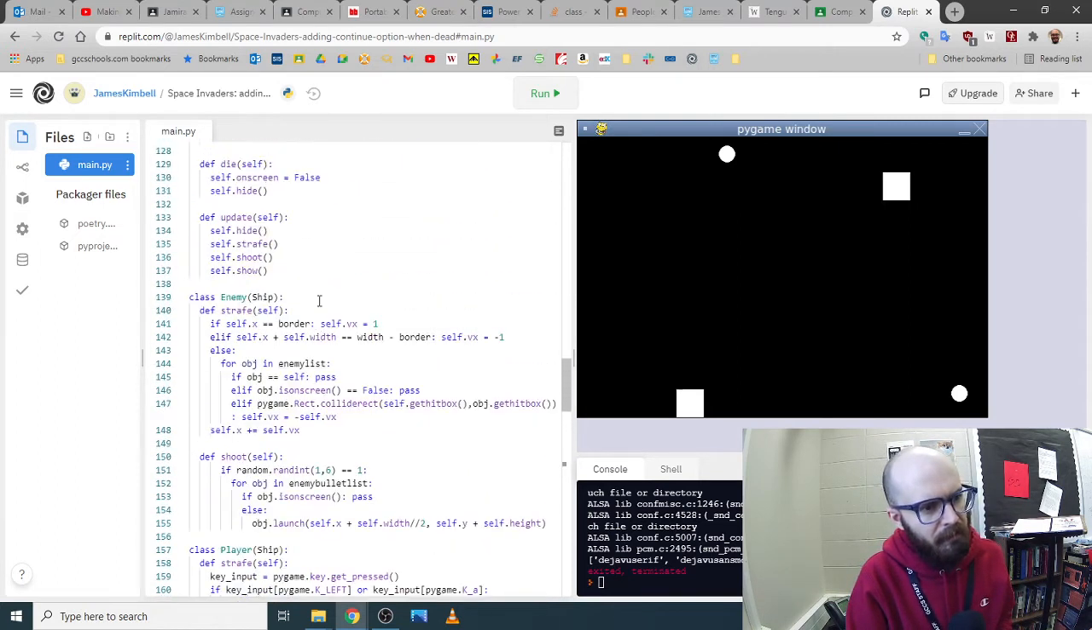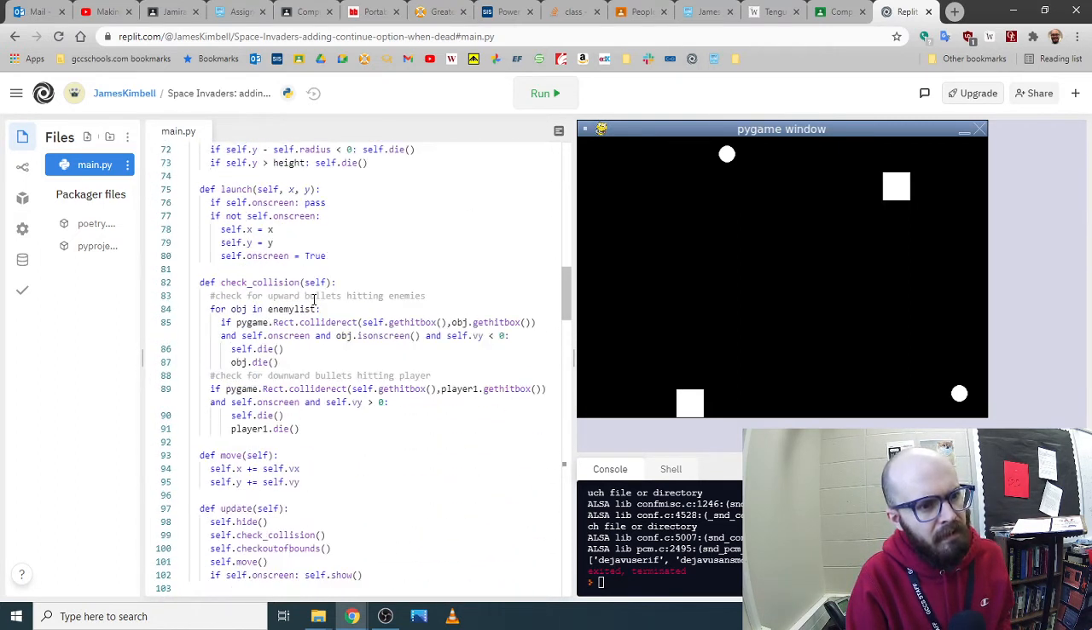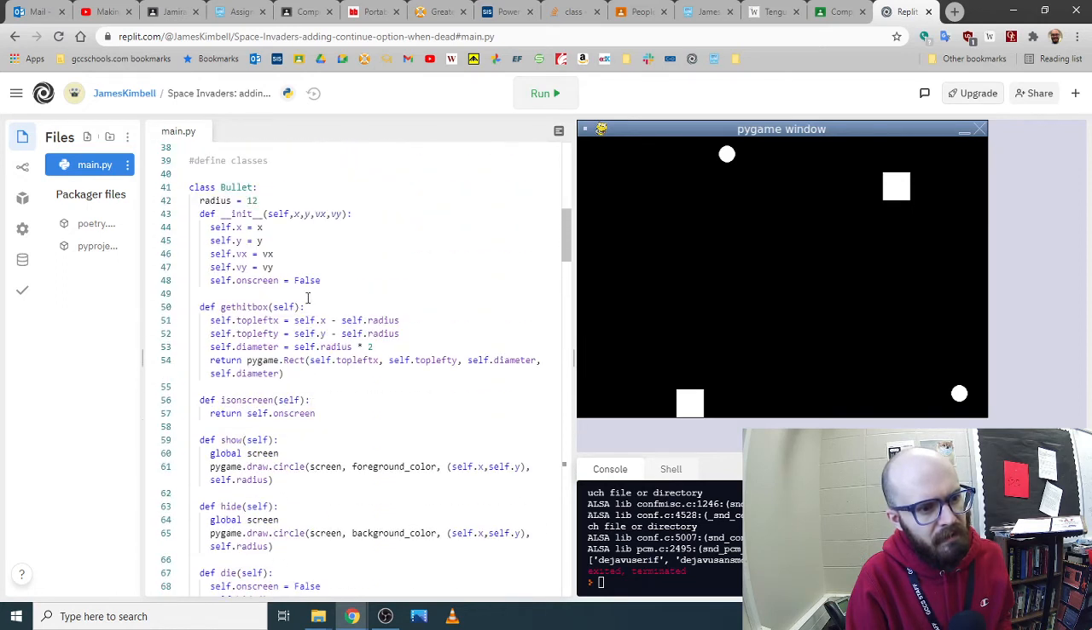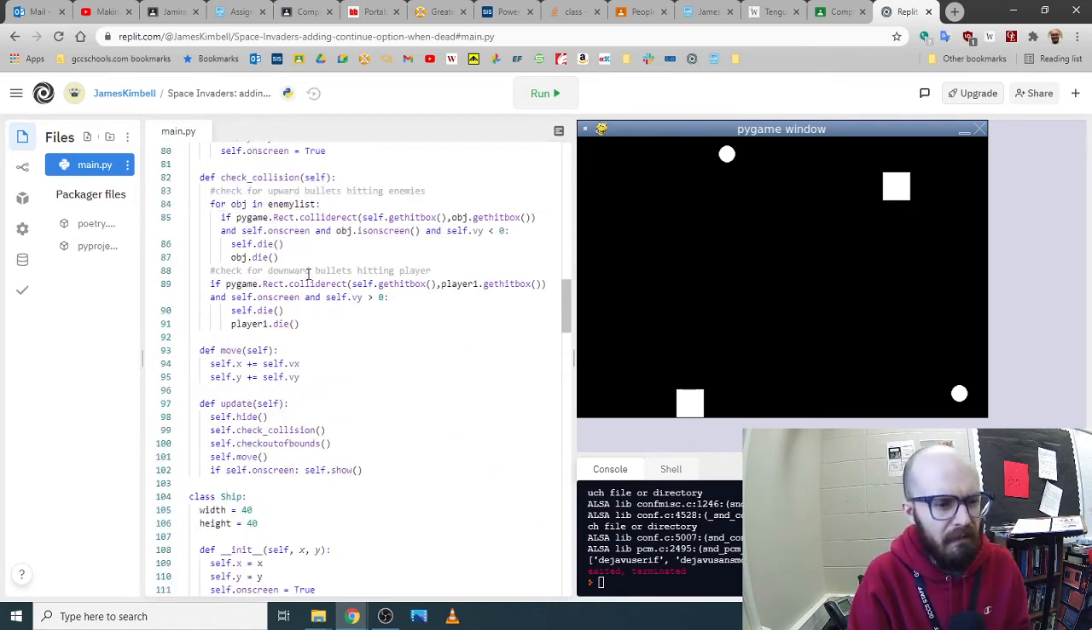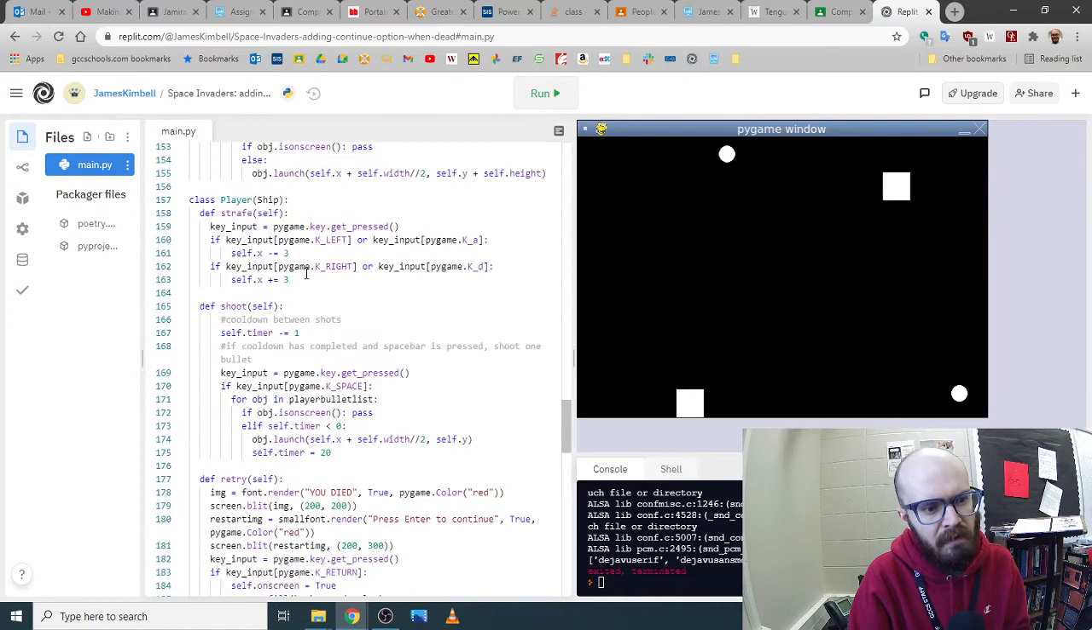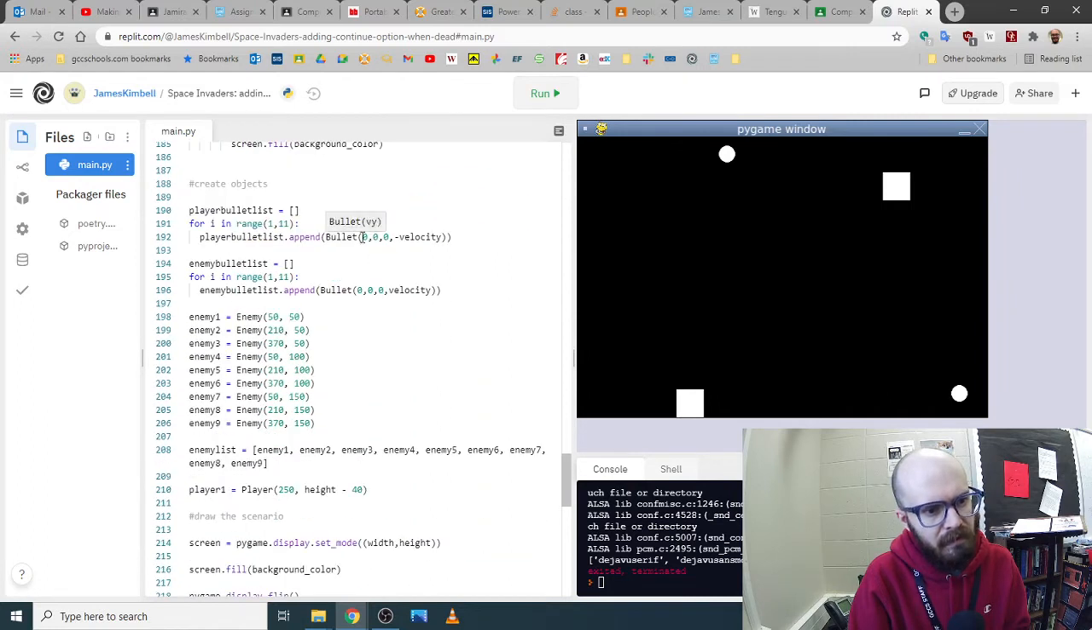I'm going to go up to my bullet class and look at the initialization and just say, we don't care about that. Boom. And then I'm going to change these to 0 because that's what they were anyway. Okay. Now I can go down here and cut,